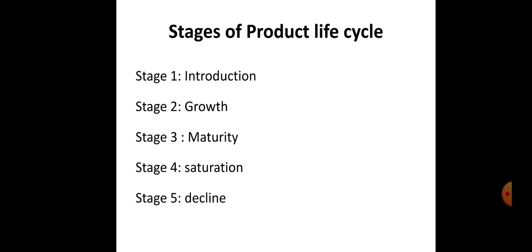The second stage is the growth stage. ಬೆಳವಣಿಗೆ ಹಂತ ಅಂತ ನಾವು ಕರಿತೀವಿ. Here, there is a strong growth in sales and profits, and because the company can start to benefit from economies of scale in production, the profit margins as well as the overall amount of profit will increase. This makes it possible for businesses to invest more money in promotional activity to maximize the potential of this growth. ಸೊ ಈ ಹಂತದಲ್ಲಿ ಏನಾಗುತ್ತೆ, we can see that at this stage the cost reduces due to economies of scale